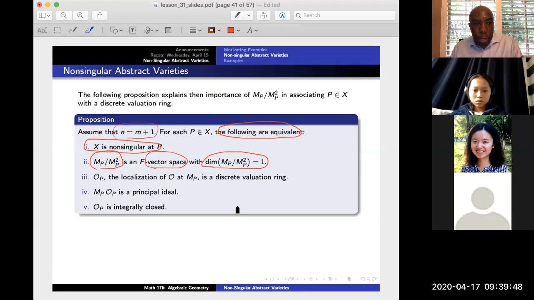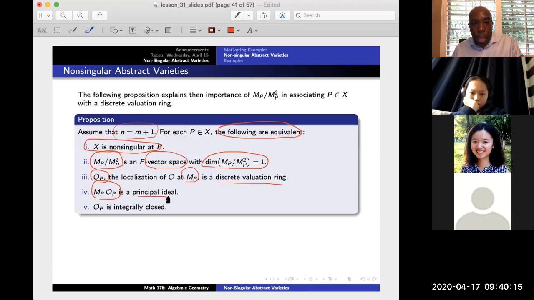Right? So this is a weird concept. Here I have a vector space that's one-dimensional. For those that know about discrete valuation rings, I'll say it in the following way: the localization at this maximal ideal is a DVR. That's equivalent to saying that this maximal ideal, sitting inside of the localization,